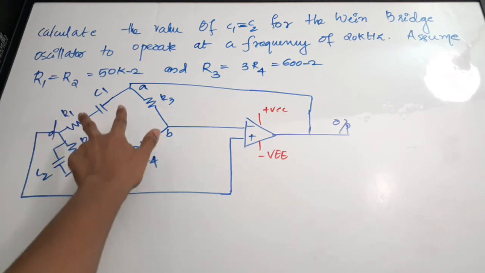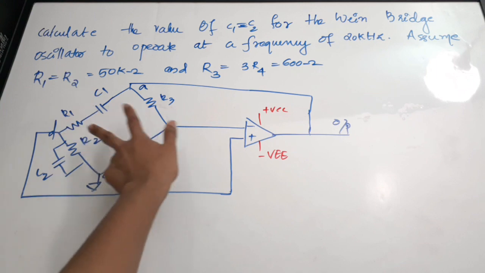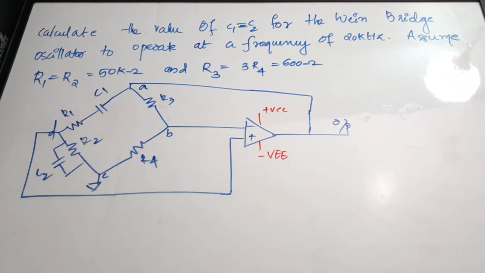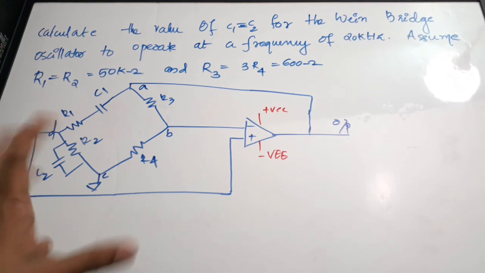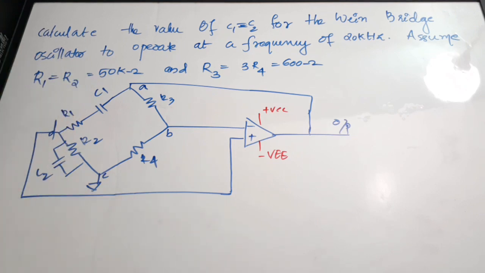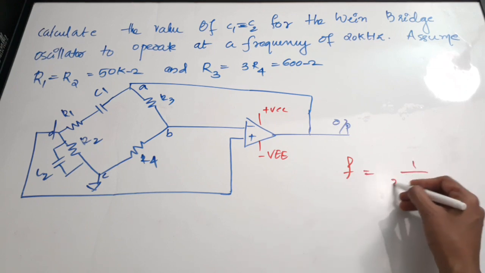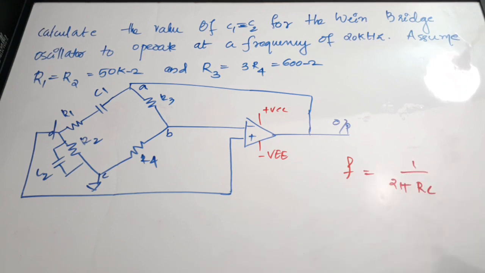So this is the R1, R2 connection. The R1 C1 connection is series, and R2 C2 is in parallel. Just recall the figure in the first question, and you will now understand how the figure was actually redrawn. So we'll directly apply the equation for the frequency of operation. F is equal to 1 by 2 pi RC. It is directly given, because R1 and R2 are the same, and C1 and C2 are equal.